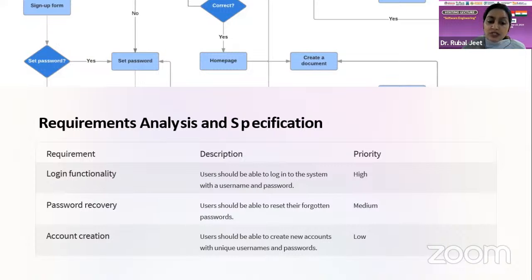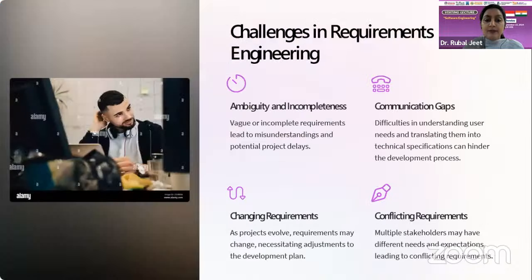Then account creation is used to create a new account with a unique name and password. It should not be repetitive. So this needs to be taken care of while you're developing a project or a website. So we have some challenges to work with